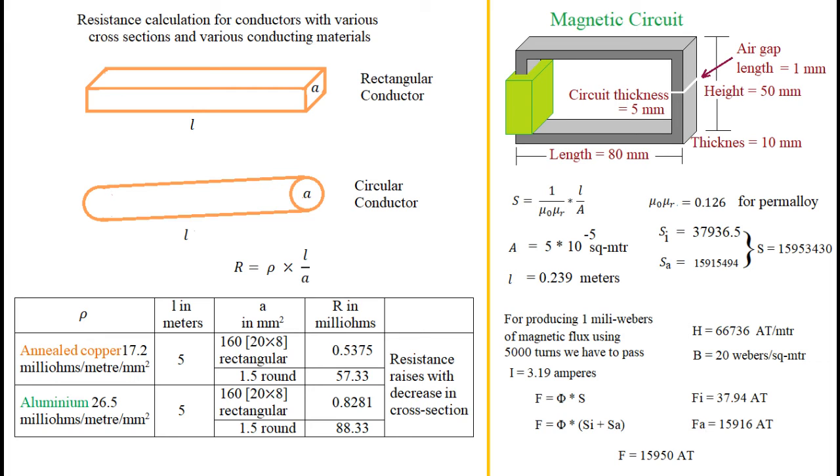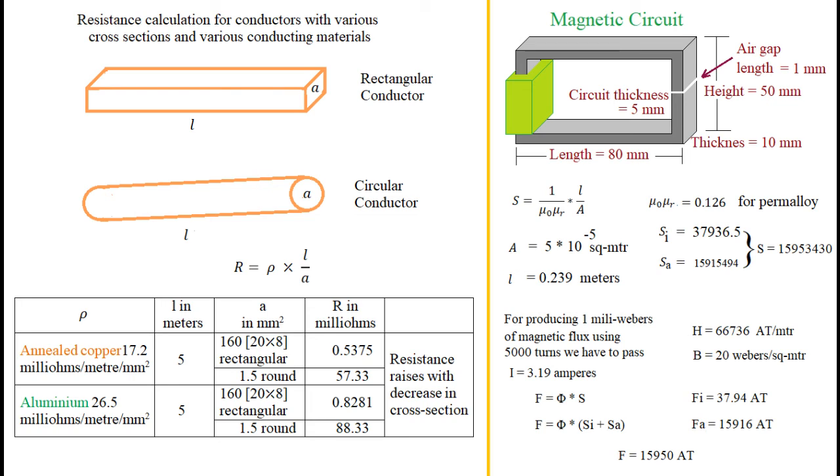This comparison shows that the iron path has much larger permeability in comparison with the air path. If we see the ratio of these two reluctances, it comes out to be 419, although the iron length is 239 times the air gap length. In conclusion, we may say that the iron path allows us to focus the magnetic field in some part of space with negligibly small expenditure of ampere turns or mmf in the iron part.